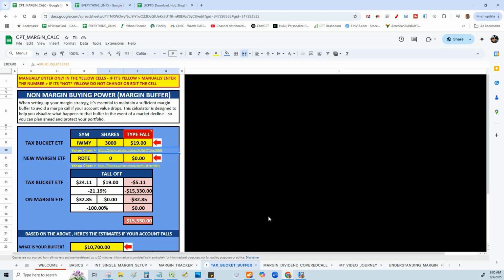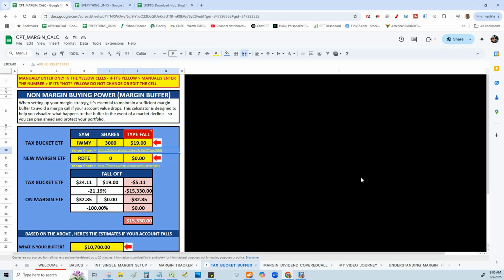You can use this for your tax bucket if you're going to take your tax bucket account, right? That account that I created on the side, if you want to make that marginable and buy a dividend paying stock. See, that tax bucket has a dividend paying stock. I'm sending money to it all year long, and then the dividend paying stock is adding more cash flow, paying down the debt. Well, in this case, I went ahead and created a special tab for that.